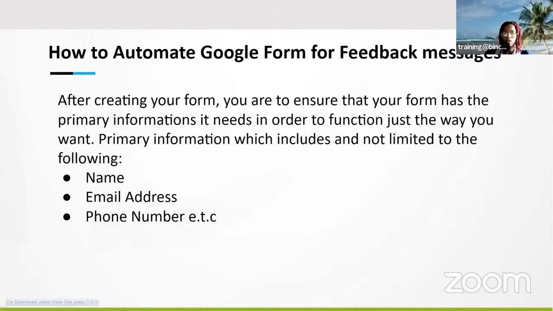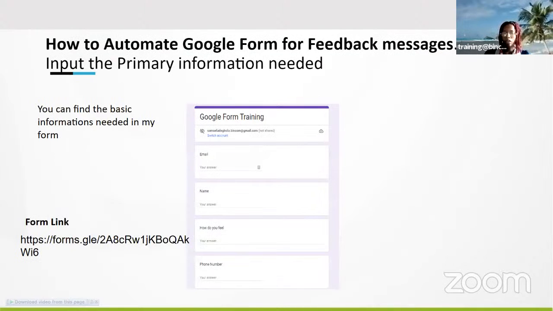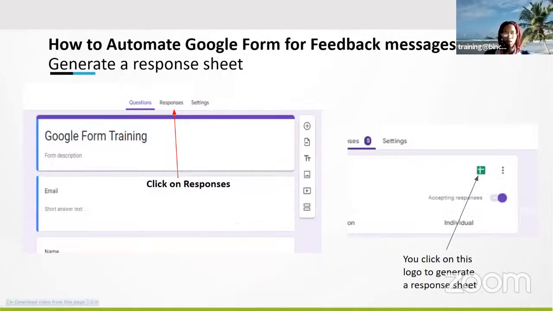So primary things you need to get is something like the name, email, phone number, activity, solution, services, whatever that form is about. And this is really how a form looks like. So you can change all of this information to whatever it is that you're trying to do. If you're looking for a way to get reviews on a product you're currently working on, you can just create a form and share it with people for them to give you feedback.